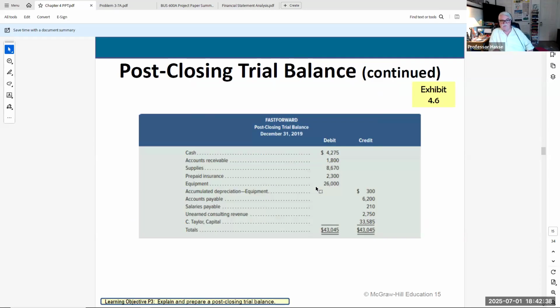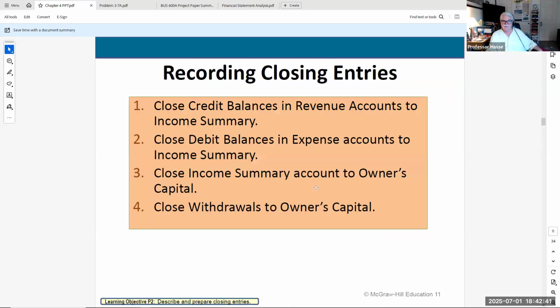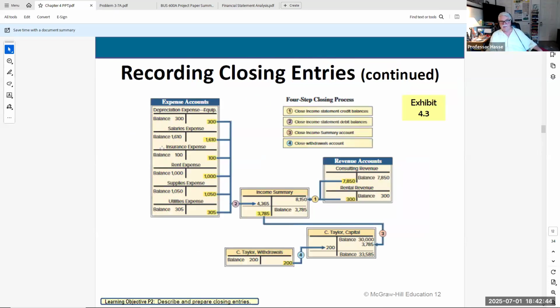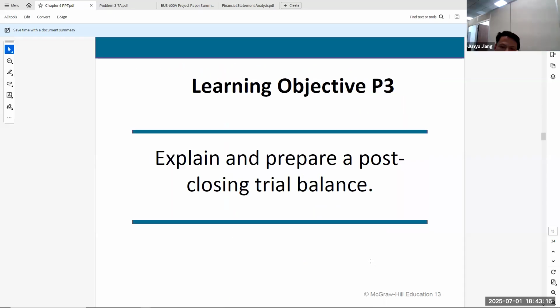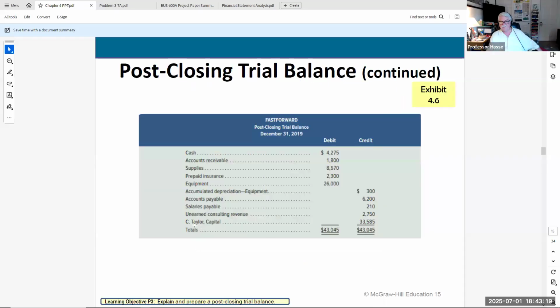Remember, we just closed these accounts, and let's go back. Notice we closed revenue, expense, and withdrawals all into the capital account. The C. Taylor Capital started the year with $30,000. They had a profit of $3,785, the difference between revenues and expenses, and that profit is increasing the capital account. And they had withdrawals of $200, decreasing the capital account to $33,585 capital balance. And notice if you go to the post-closing trial balance, C. Taylor Capital,